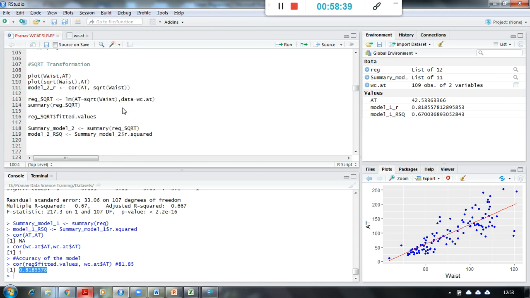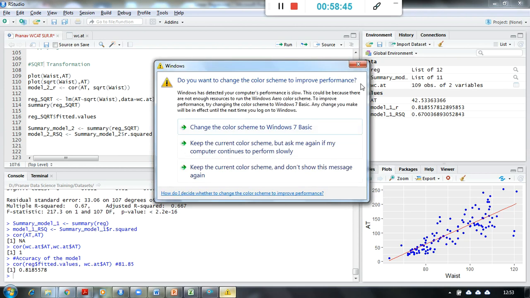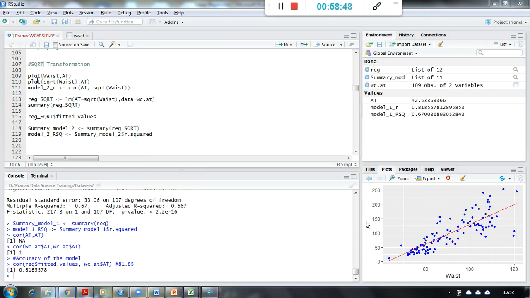All right. Let us go ahead and do some transformation now. Here I'm going to use a square root transformation, and I will be using it upon my input variable, which is west,